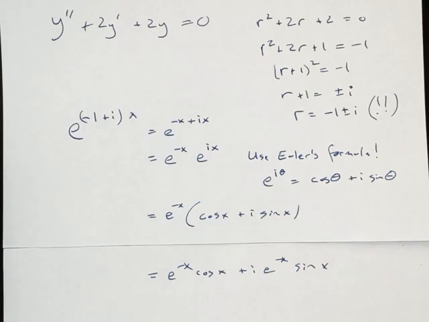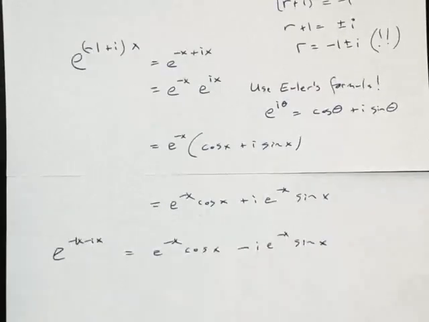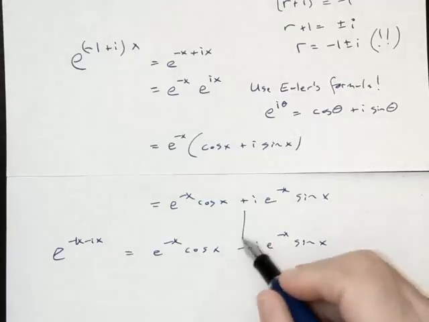Cosine of minus x is the same as cosine of x. Sine is an odd function. Sine of minus x is minus sine of x. So if I do e to the minus 1 minus ix, I get e to the minus x cosine x minus i e to the minus x sine x. This is the only